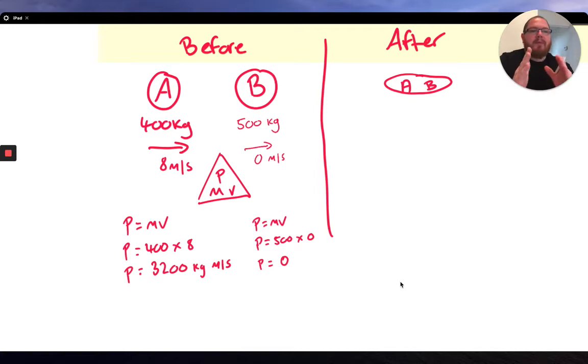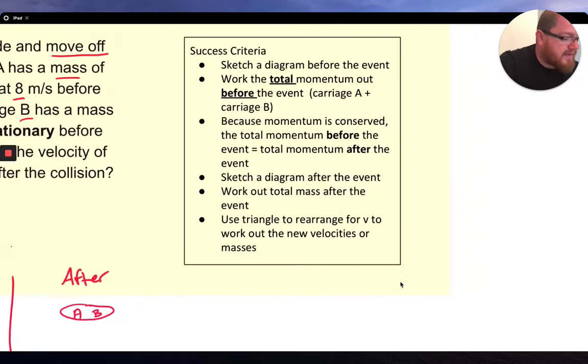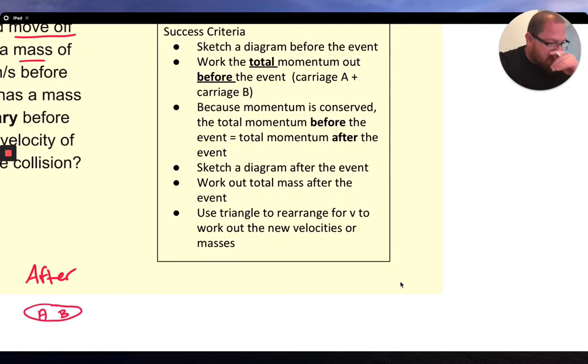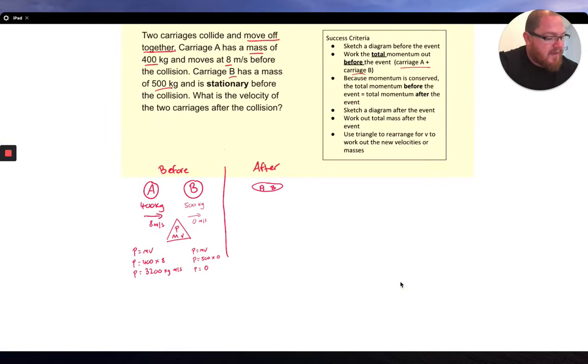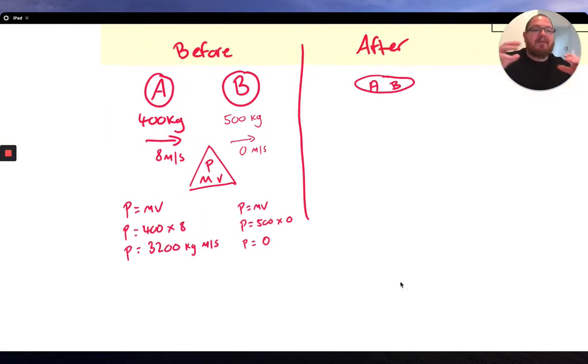So I've worked out my momentum for both carriages. I've got carriage A with a momentum of 3200. My B has not got any momentum at all. What's my next step? Because momentum is conserved, the total momentum before the event... Oh, hang on, I haven't done this bit. Carriage A plus carriage B. So I need to add these together now to give me my total